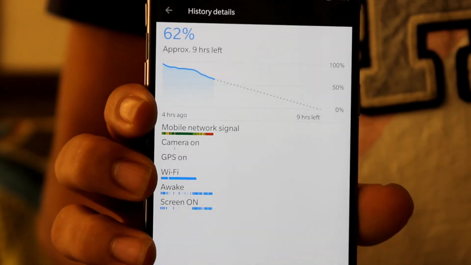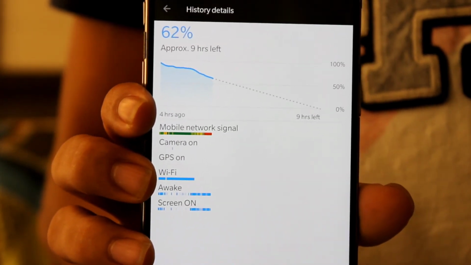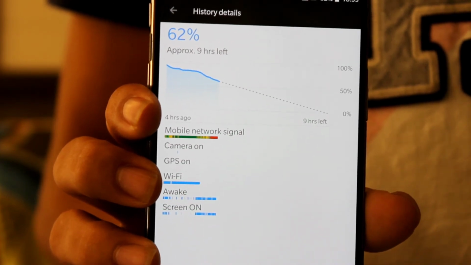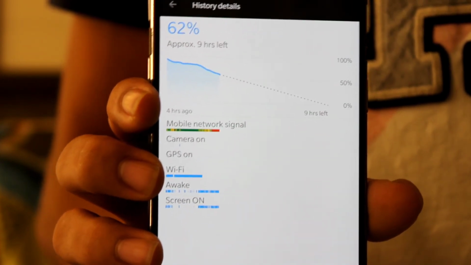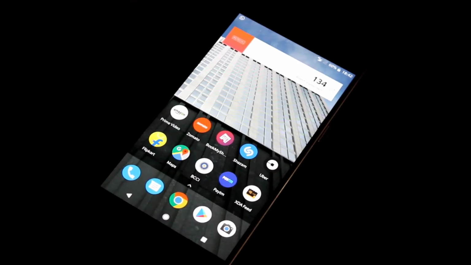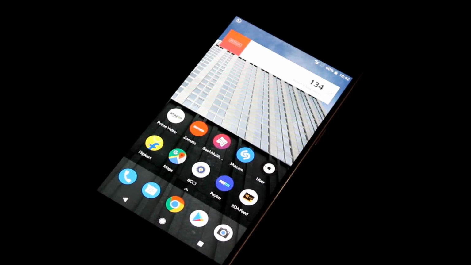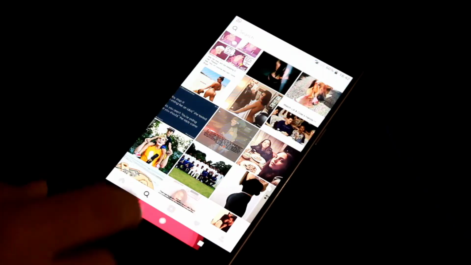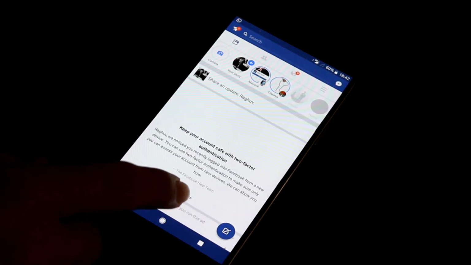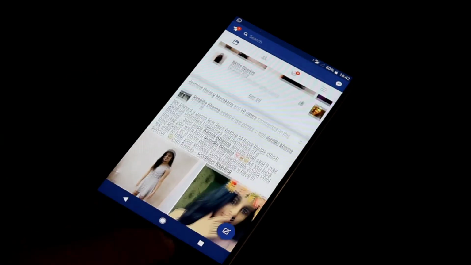The screen on time with OxygenOS Open Beta 11 was very nice, anywhere between 5 to 6 hours, which is just exceptional. Talking about performance, OxygenOS is known for its snappy interface and Open Beta 11 was no exception. Performance was snappy, it was quick to switch between apps, and even while multitasking with heavy apps, RAM management